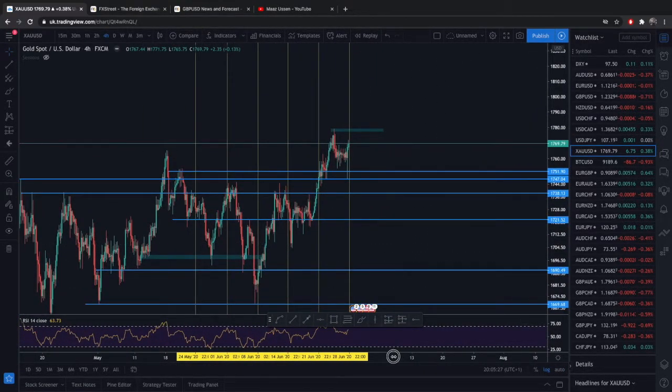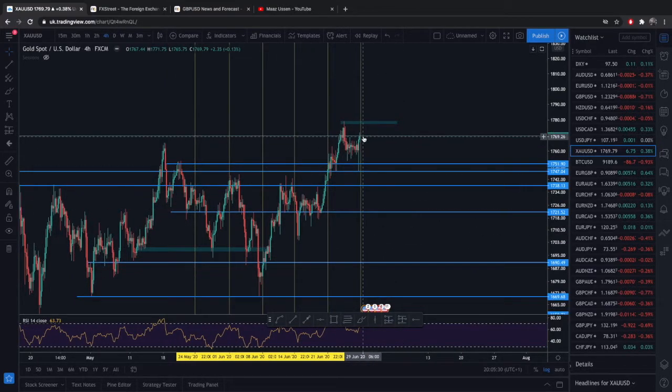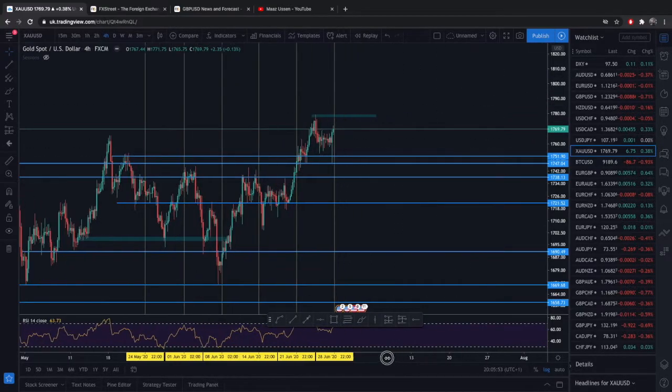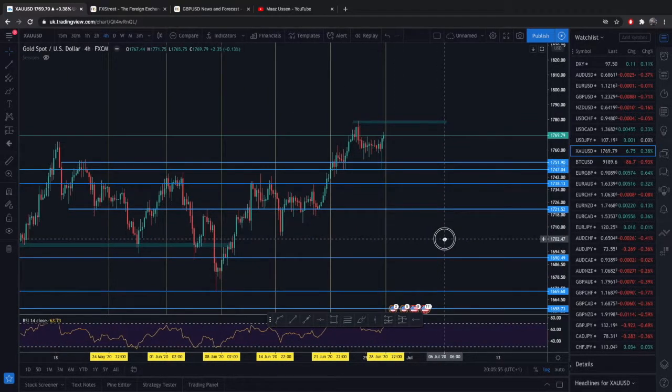So what can we expect with gold? Last week I published a long-term projection that over the next few months and until the end of the year, we're going to see a rejection. We're going to see this price come downwards towards the low 1700s and the mid 1650 level to test that area and get a massive amount of pips in. However, after seeing what happened last week, and some of the candlestick formation, we can see this massive hammer that's been created.